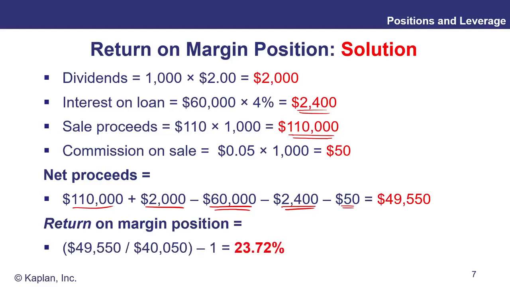So what's that in return? Well, when all said and done, we're left with $49,550, and it cost us $40,050 to create that position. That is an overall return for the period of 23.72%. Now, remember, this is a 10% unleveraged return. The shares went up from 100 to 110. And as we know, with a leverage ratio of 2.5, we would be expecting a return of 25%. But of course, we do have those commissions and interest costs to pay, which just eats into that ever so slightly. But hey, still a pretty good result. I'd rather have a 23.72% return than only a 10% return.